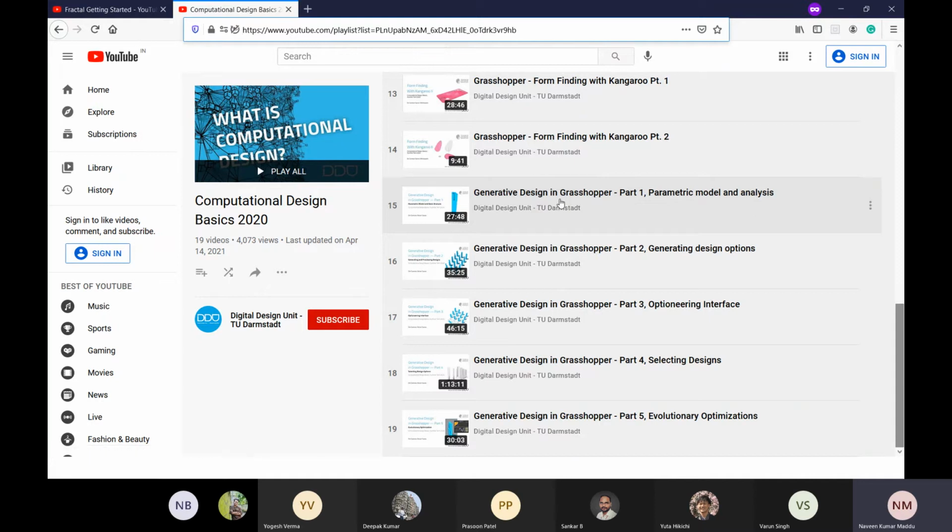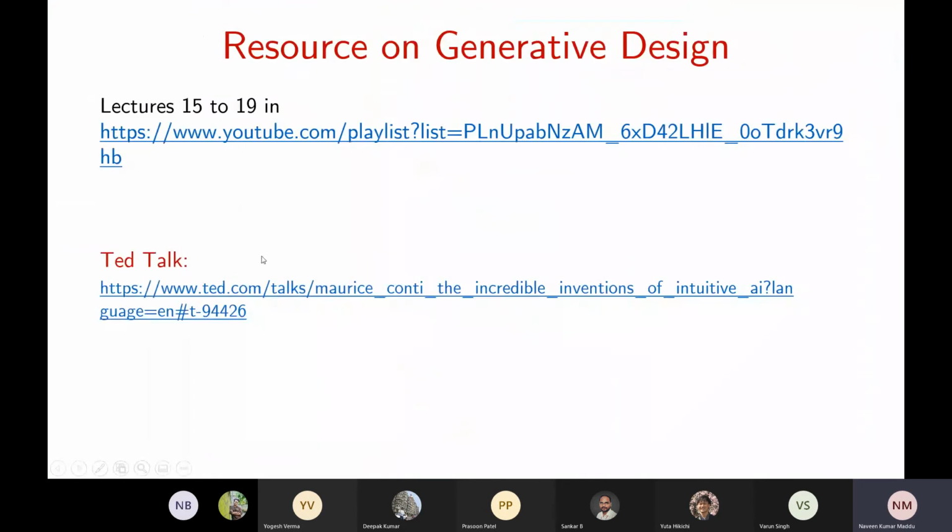He wants to build a skyscraper, where he had some 9 portions, and he has to build them in different fashions, and then he'll build it. So these are the 5 parts you can go through, and each is half an hour. I think it'll have more, about 2.5 hours, that you can spend to learn more about generative design.